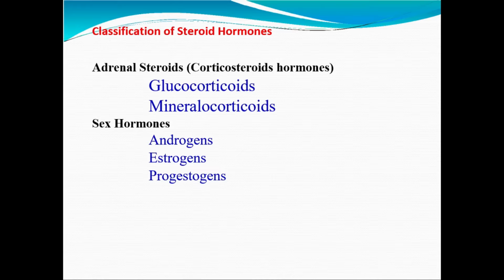This distinction is not exclusive, however, because the adrenal cortex also secretes sex hormones sometimes, although to a lesser extent than the gonads. And the ovaries sometimes under abnormal conditions may also produce adrenal steroids. But most of the time we can classify these steroid hormones according to this classification. The adrenal cortex produces the adrenocortical hormones, which consist of the glucocorticoids and mineralocorticoids.